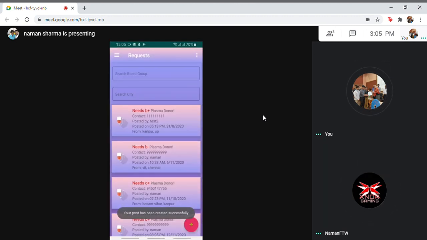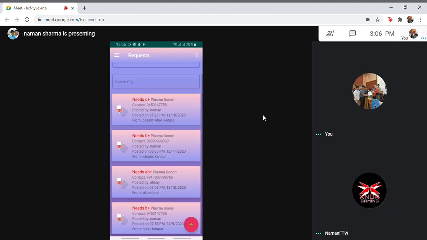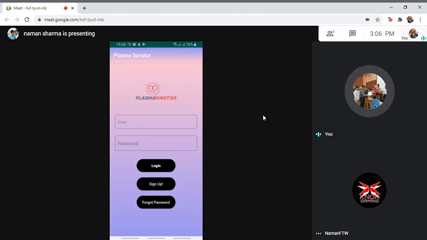Yeah, a request has been posted. Now we have an option to log out from the application, which takes you directly to the login page.